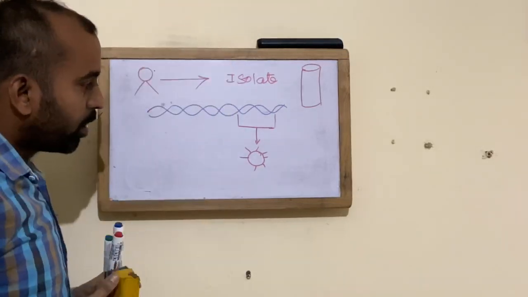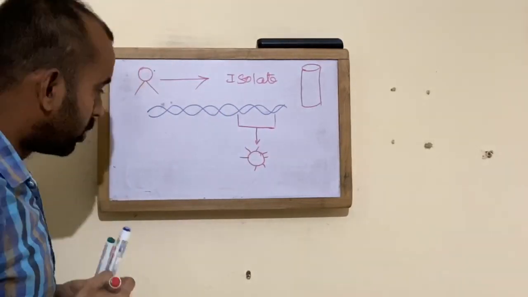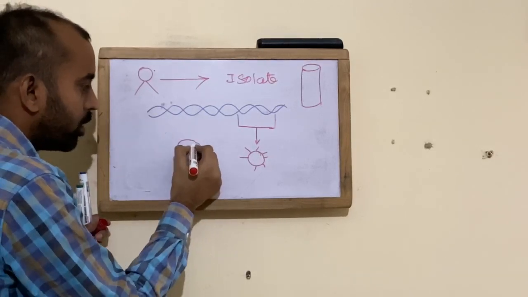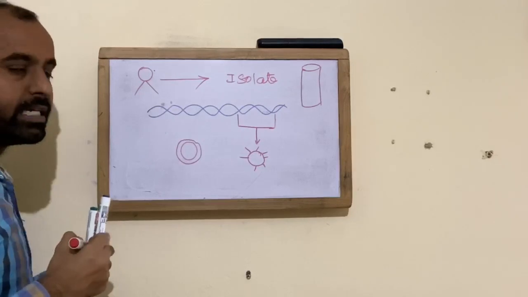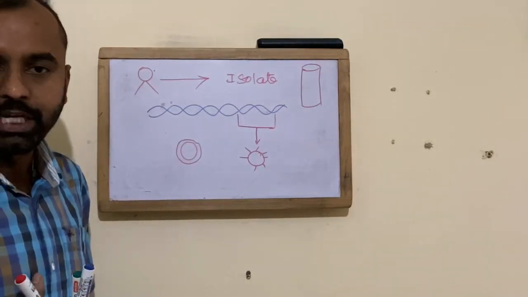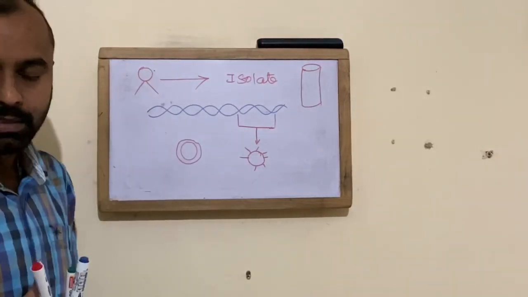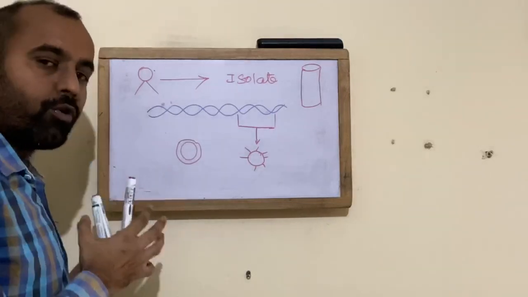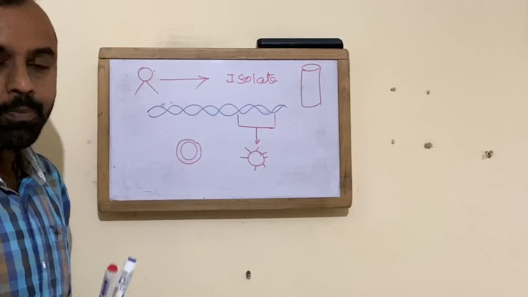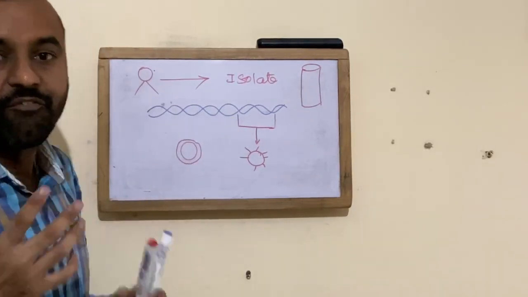In the second step, the gene is inserted into a plasmid. So for that again you need to know what a plasmid is. The plasmids are double stranded DNA which are extrachromosomal in nature. They multiply very fast and they act as vectors. Vectors means they transfer from one host to another host. So this is the fundamental information you need to know before doing any protocol of vaccination.